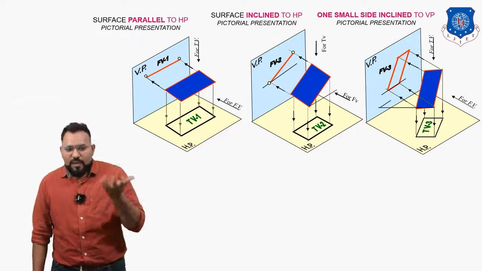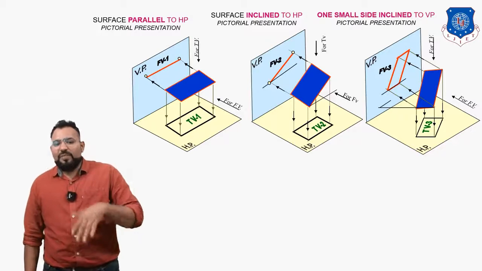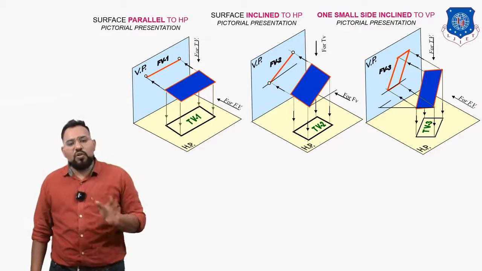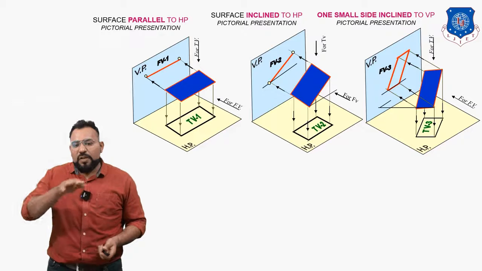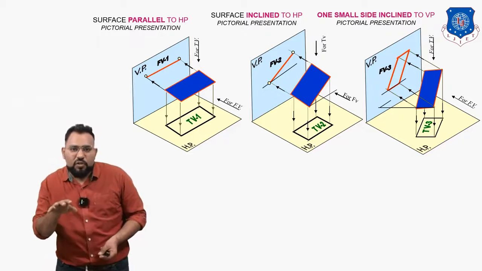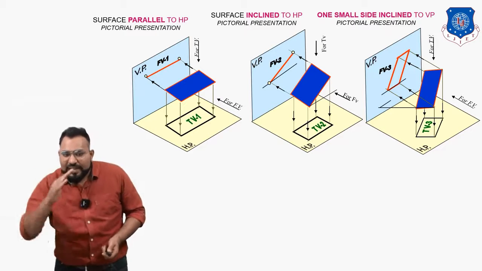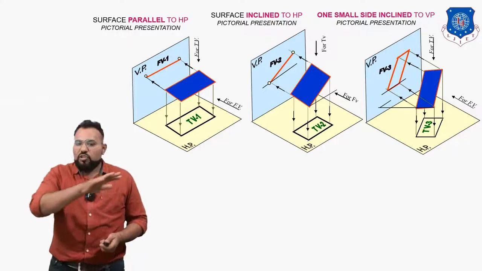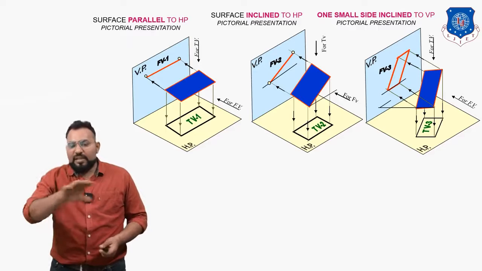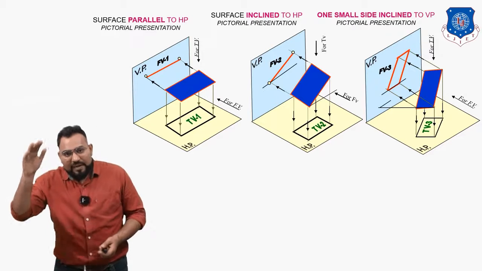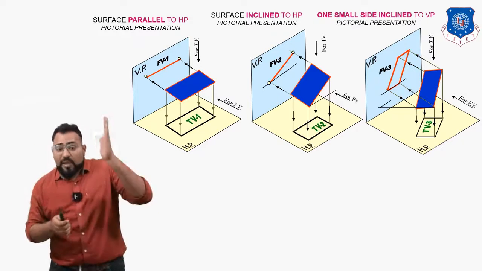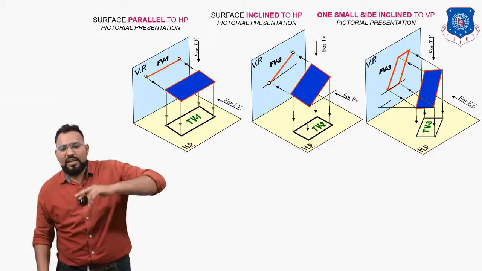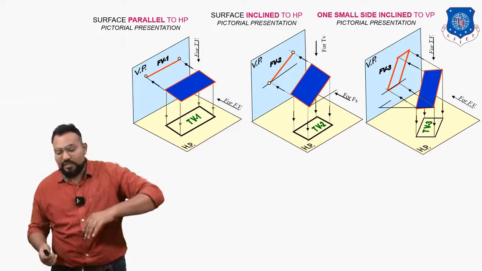Okay, now let us take this same projection. What are we going to do to put all three projections in one single plane of paper? You know the thumb rule. If all these three figures are in the first quadrant, we are going to rotate HP by 90 degrees in the clockwise direction so that we can draw the same projection in one single plane of paper. So let us rotate the HP plane in the three pictorial presentations clockwise by 90 degrees, something like this.